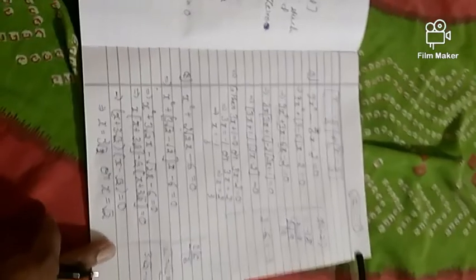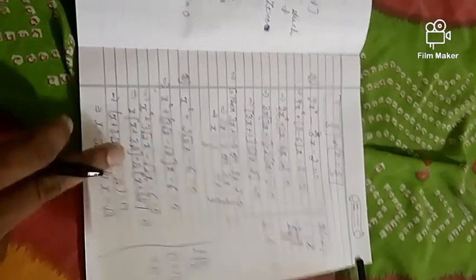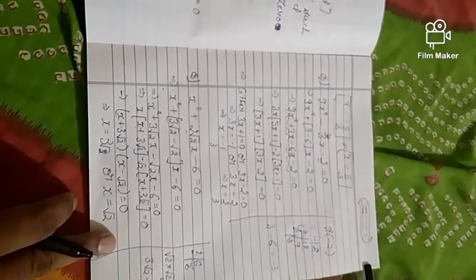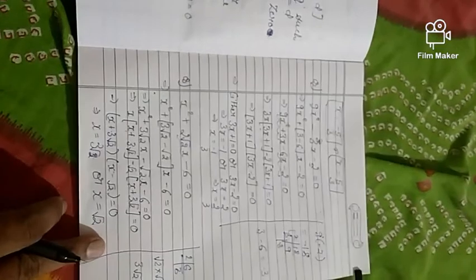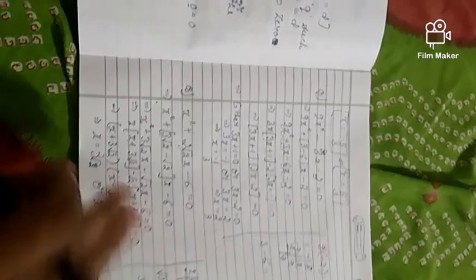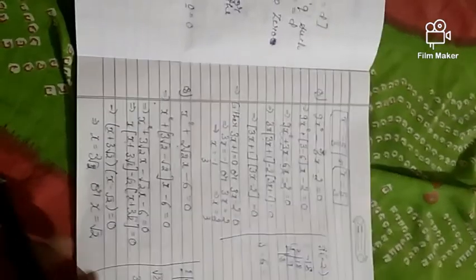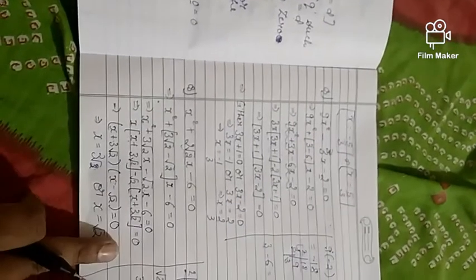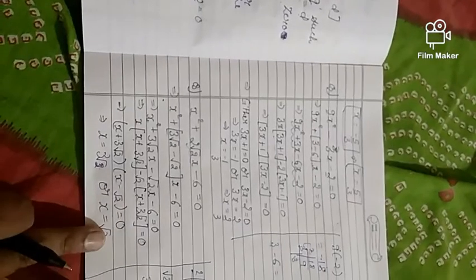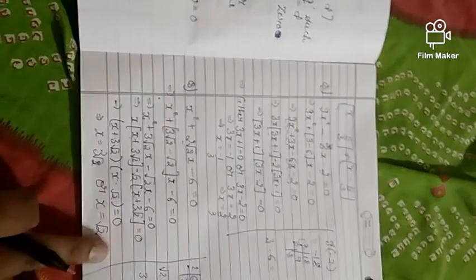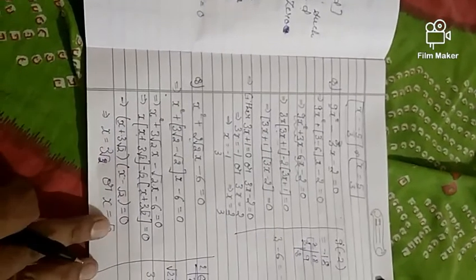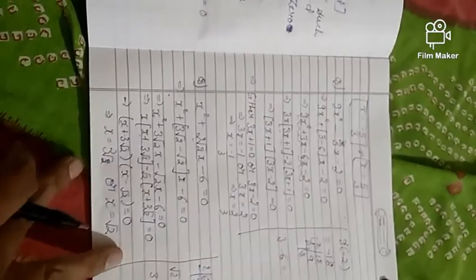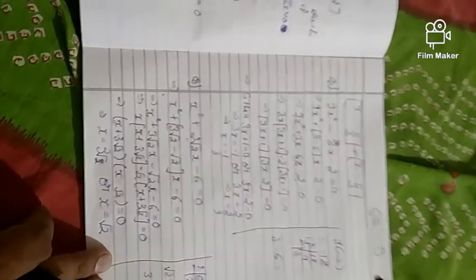Dear students, I hope that this factorization method is clear to you now, because you have done many questions in the polynomial chapter as well. The basic difference is here we have to equate it to 0 and need to find the solution. There you call these roots as zeros. Here we call this solution as roots.